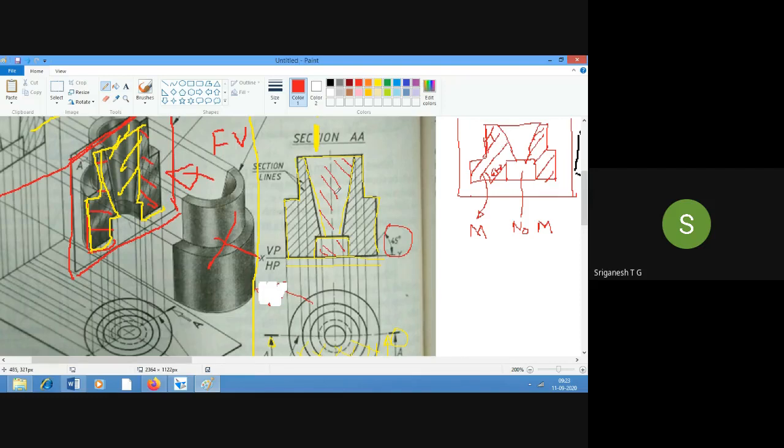Let's not keep it unequal or very far or very close. It should be hatched with normal spacing, say for example about 4 to 5 mm. You don't need to measure everything. Approximately you can start drawing, but it has to be parallel and almost equally spaced. Is that clear?